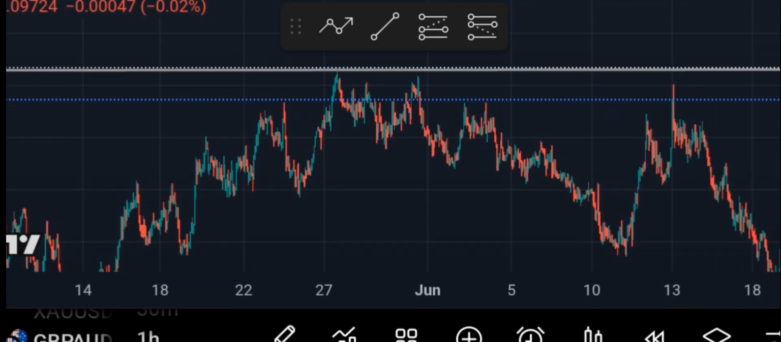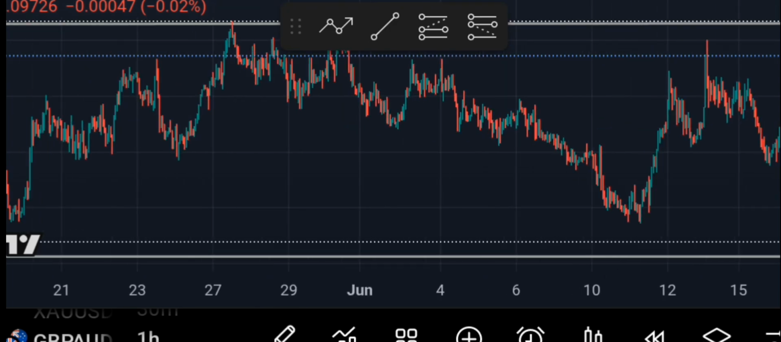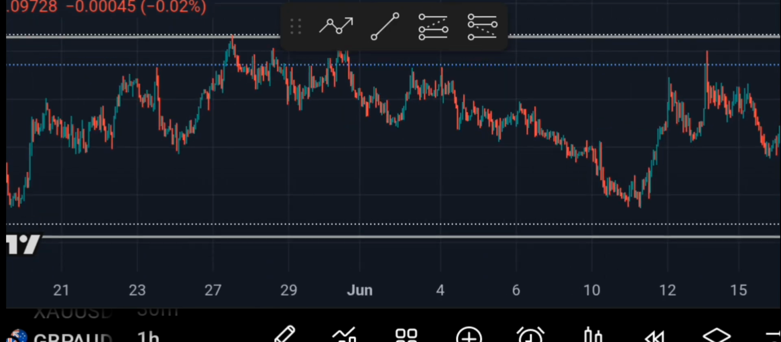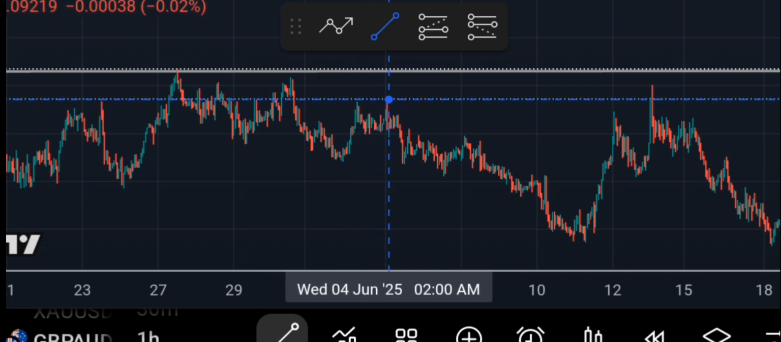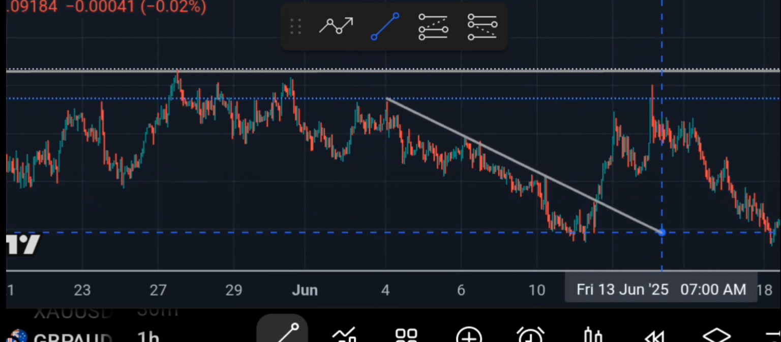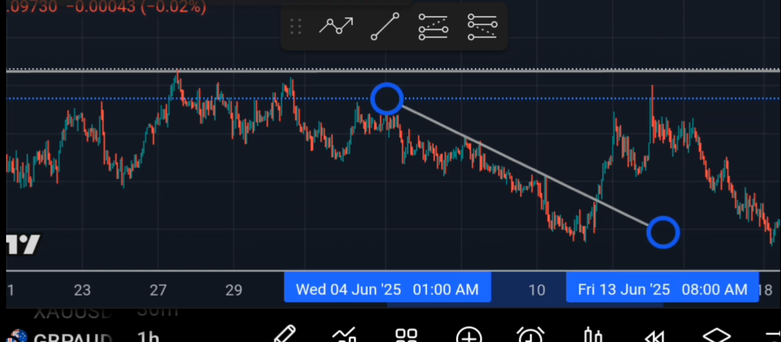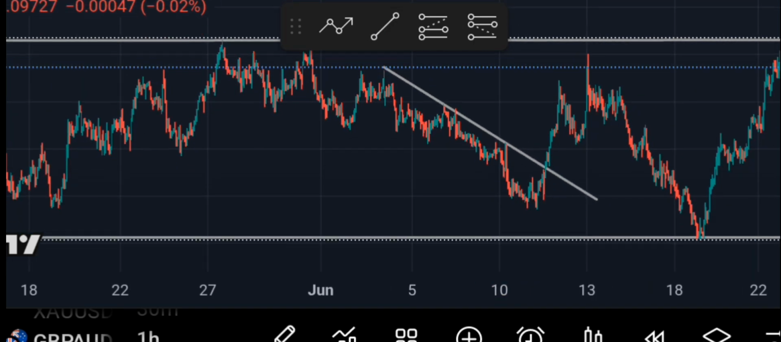So this is actually a breakout strategy. I hope you guys can hear me. This is actually a breakout strategy. So all we do is to draw our trend line from lower highs and lower highs if we are in a downtrend market. I hope you understand. You know, when the market is moving a series of